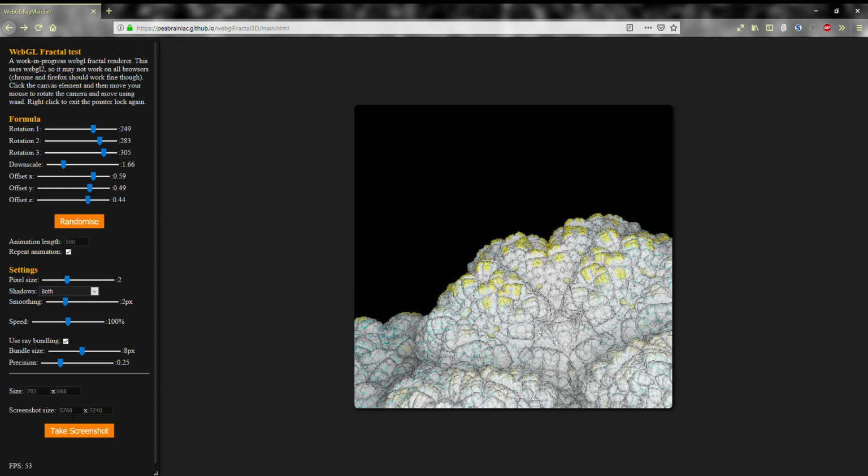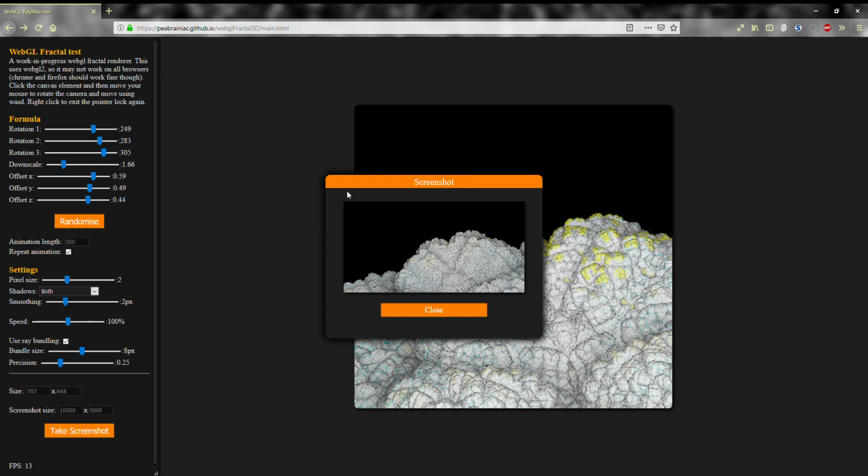You need to be a little careful with this, however, because if you make a screenshot so large, and also complicated in regards to fractal formula, that it takes longer than I think 2 seconds or something like that to render, the browser will just cancel it. As for example, this here would take 10 seconds or so, but then the browser thinks you're trying to crash it, so it just, that actually worked.